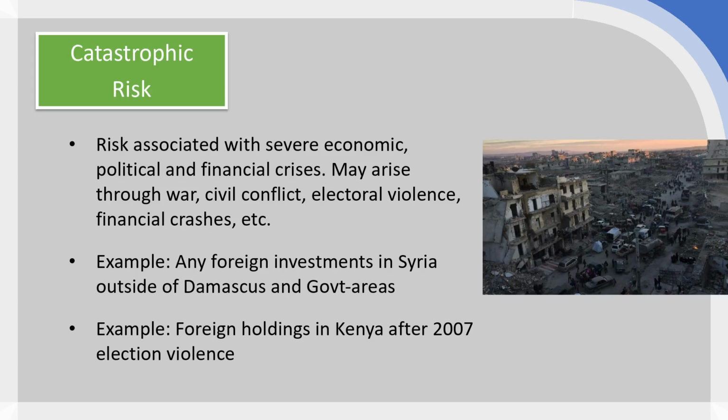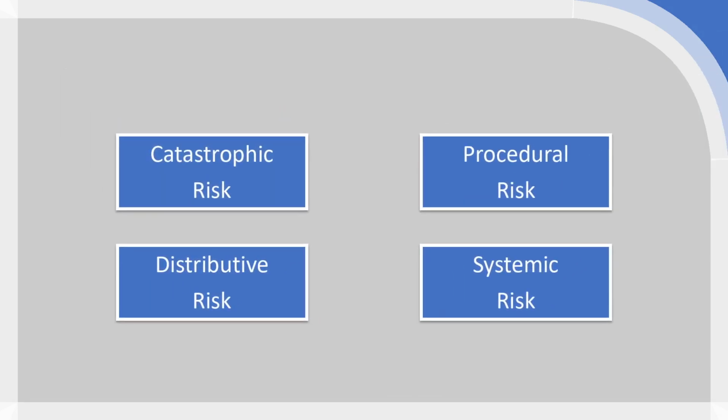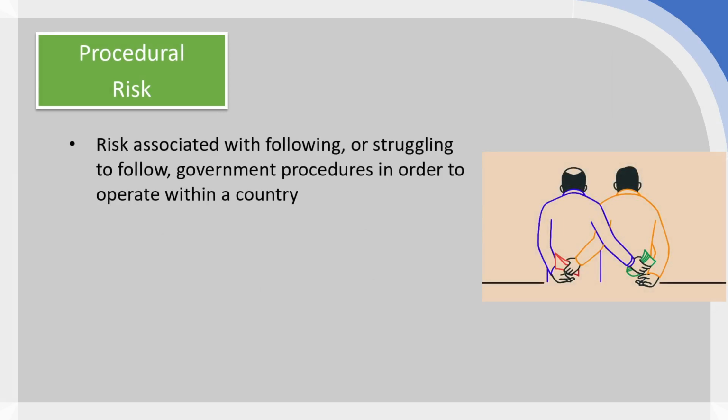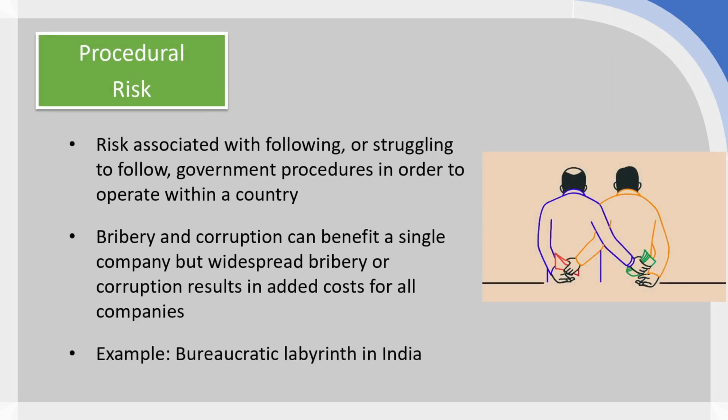Now, that's a fairly dramatic example of political risk, but we also have more subtle examples that international businesses must be mindful of and must monitor, most importantly. So our second example here is procedural risk, and this is a formal term for what we commonly call corruption. So corruption here is defined as the risk of a given stated procedure being either subverted or ignored.